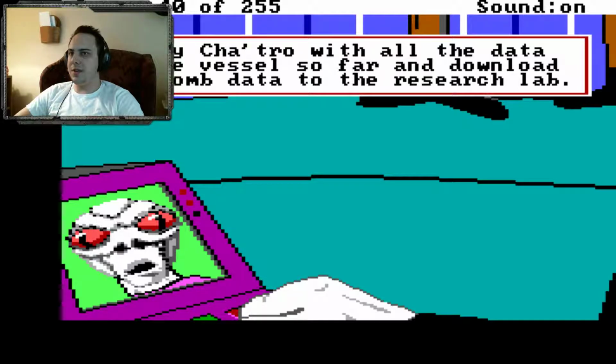Supply Chatro with all... Oh, this is the other guy. Sorry. Supply Chatro with all the data on the vessel so far, and download the bomb data to the research